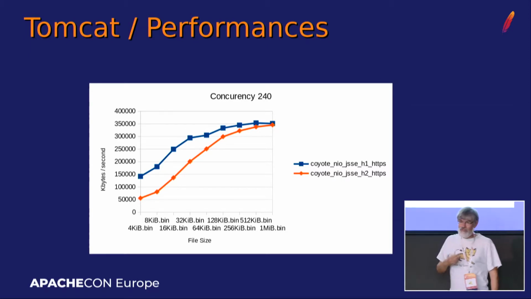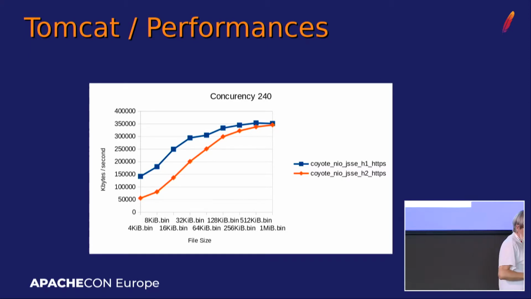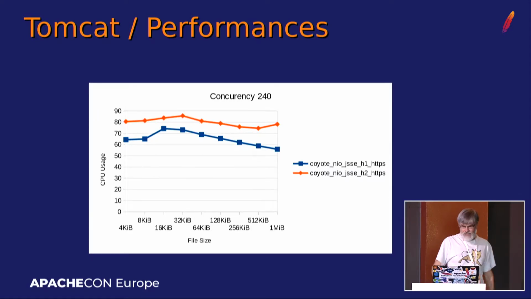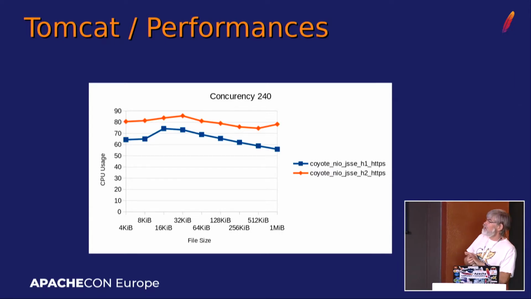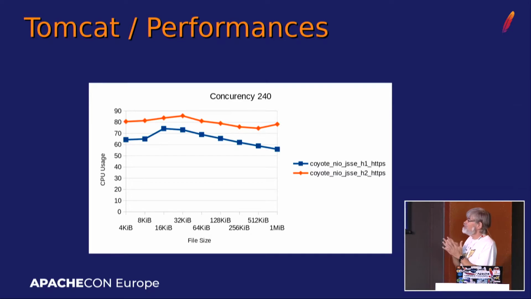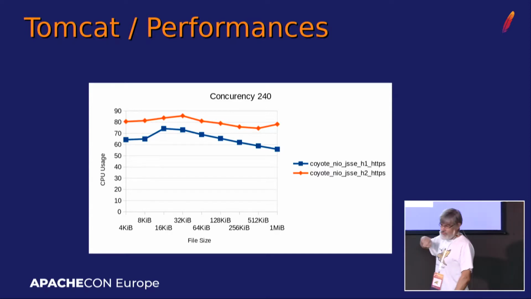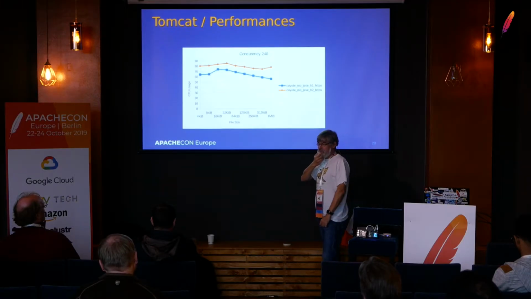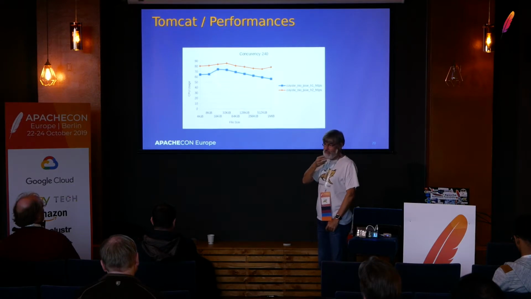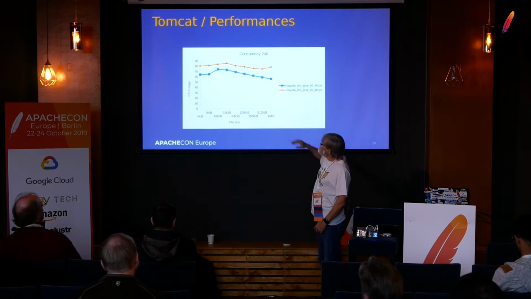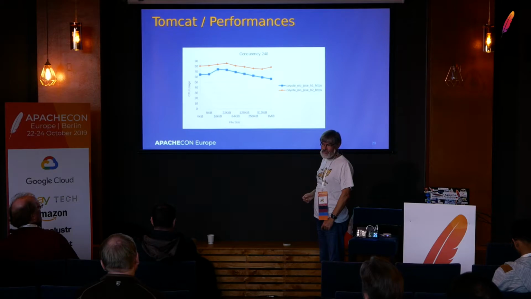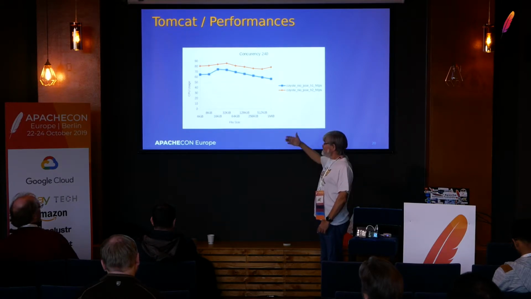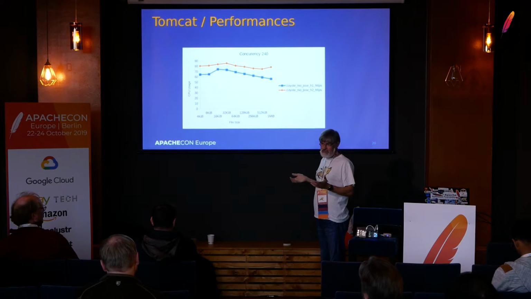You need to consume a lot more resources, and so this is the CPU usage, because one thing is the throughput you can get, and another thing is the CPU usage. Here we see first that we don't fill the CPU completely, which in the case of a bench is maybe not what we wanted, but more or less you can see you need an additional 10% of CPU resources if you use the new protocol. And that's not an application, that's just a load test.